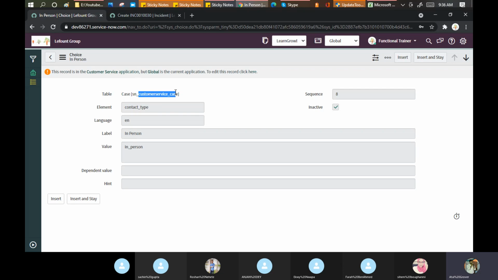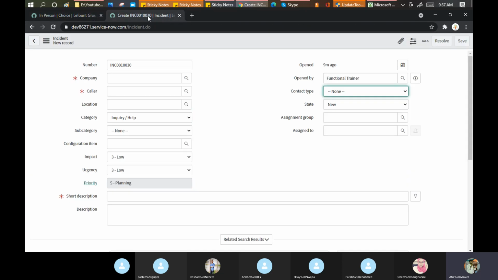ServiceNow did not create two different fields, one for incident and one for customer. They created one field and put values in it: if they call customer service, this value will go; if they call the incident, some other value will go. That is the work of an architect in ServiceNow, how you utilize a table.